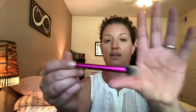I like to go ahead and set under my eyes before I set my face, and for that I use the Hourglass Ambient Lighting Powder in the shade Diffused Light. It's just a creamy white vanilla, almost translucent powder, but the brush that I love for using under my eyes is the Real